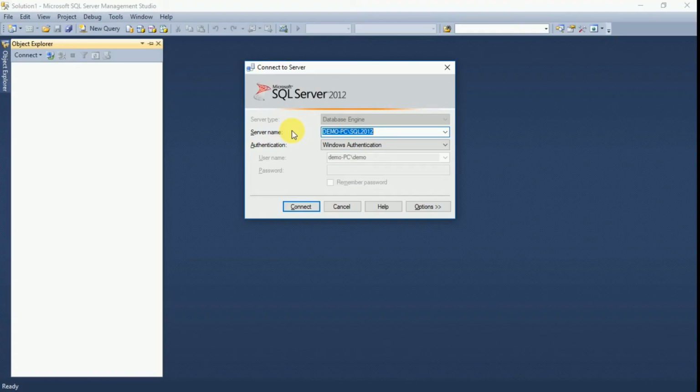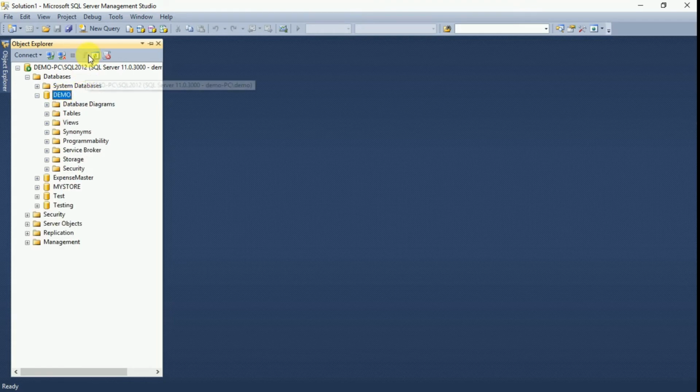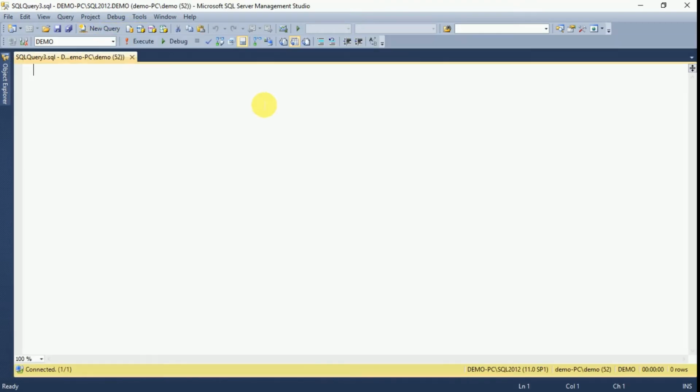I'm going to use Microsoft SQL Server 2012 for this example and I'm using Windows authentication. Click on connect. It's connected to my database server. We are going to use the demo database for this example. Click on new query to create the function. Create function. We have to provide the function name. We are going to create one user defined function, that's why I'm using UDF, user defined function, and get